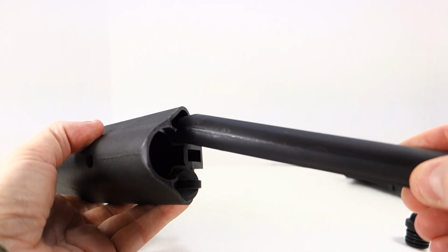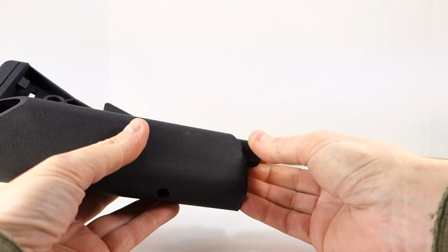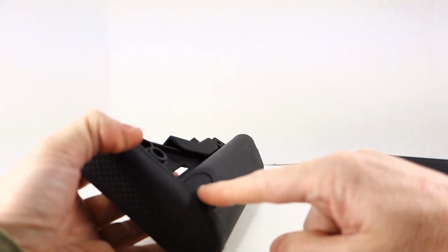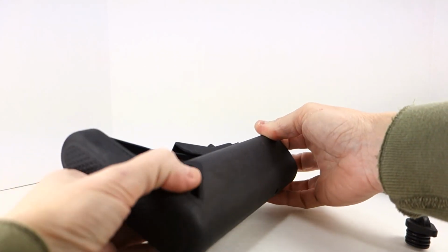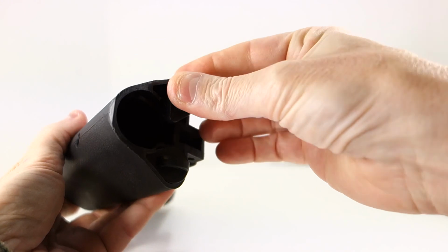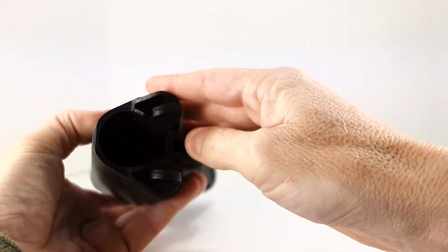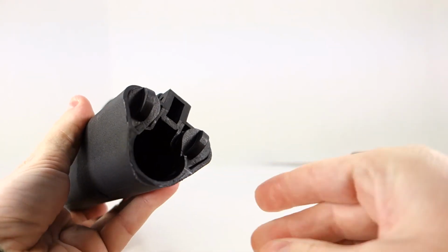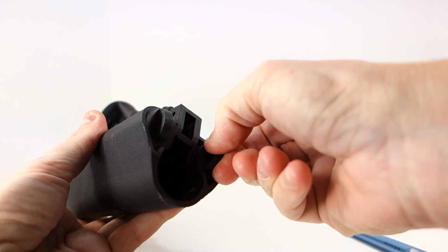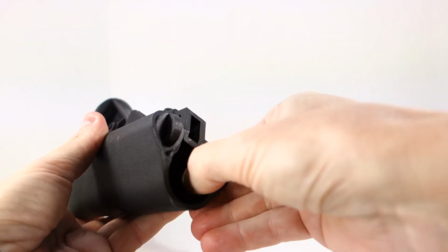I have not installed this on a rifle yet. I'm going to do that shortly here. You can see when these are inserted, they come down there and they fit flush, and these caps are inserted like so, and then you rotate them upwards. There's a little tab right here, and it captures the tube so the tube doesn't come out and the cap doesn't come